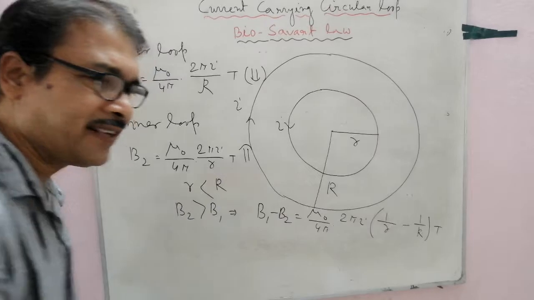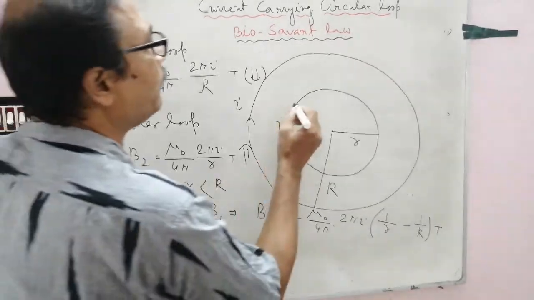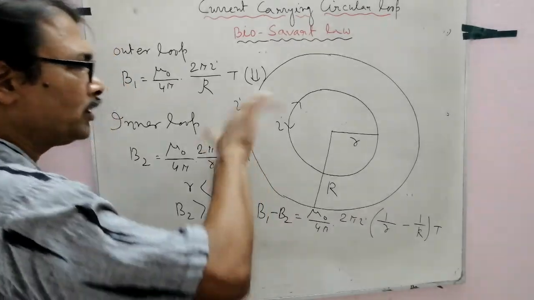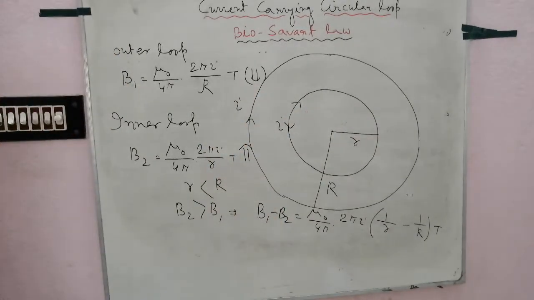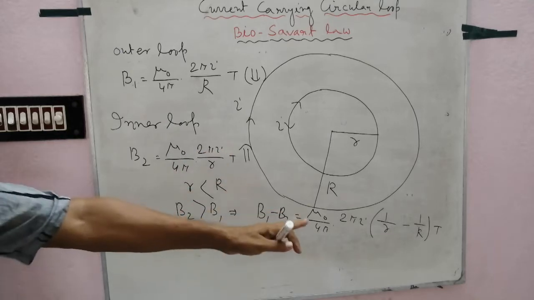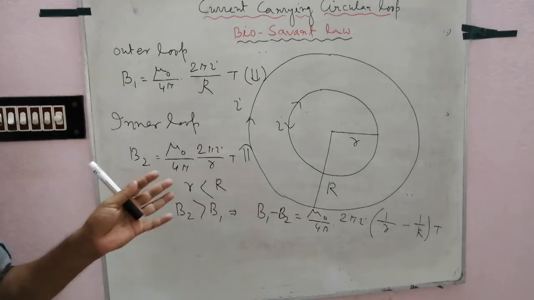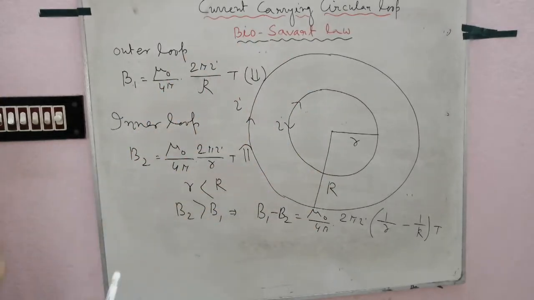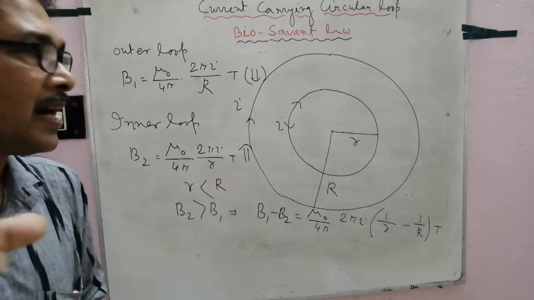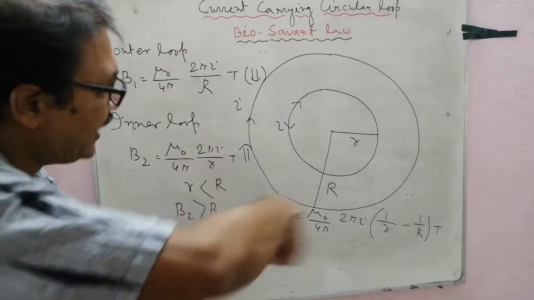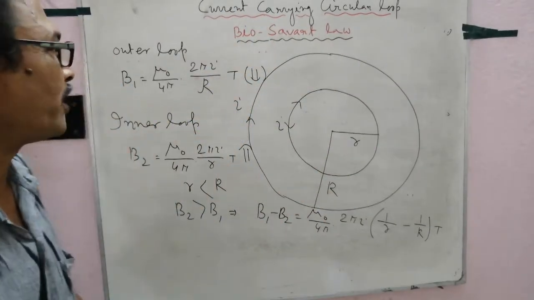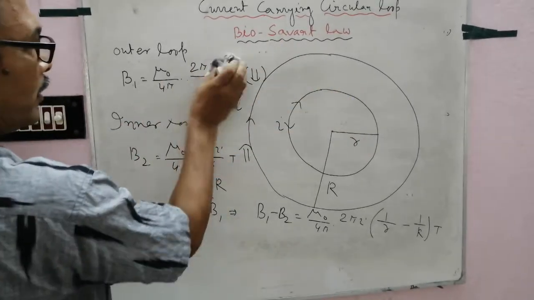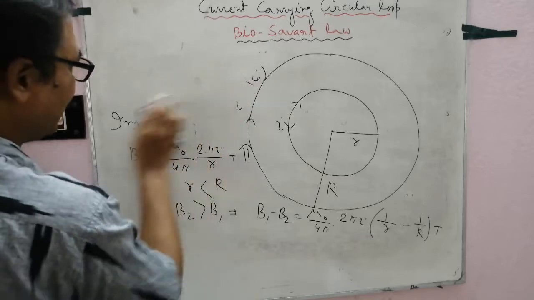If the currents are in the same direction, follow, suppose this current is in the same direction, so the resultant field will be the sum of the two fields, both in the downward direction. Clear? For opposite directions, that is negative, we get the result by subtraction. If the same direction current is clockwise, the resultant will be in the downward direction. If anti-clockwise, the resultant will be in the upward direction. Clear? Follow, this is the right hand rule, and in this way you will get the direction of the magnetic field.